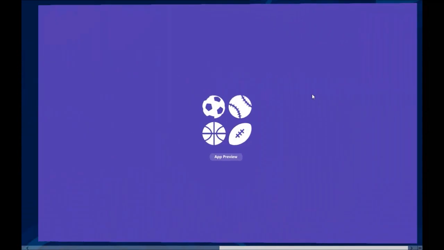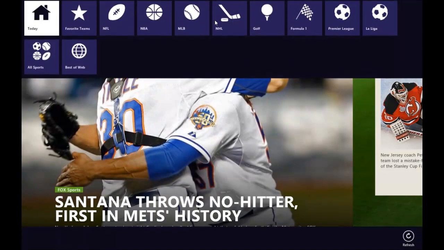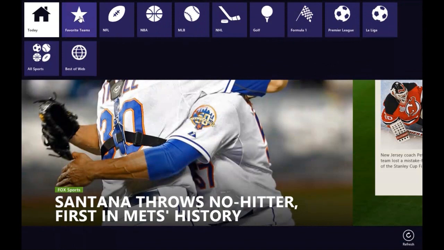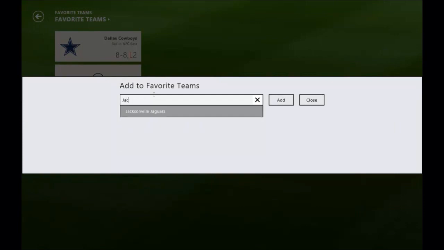The Sports app, very similar to the News one, also has some customizations available, and as you can see, you can list your favorite teams and choose the sport that you're a fan of. For instance, I've chosen the Dallas Cowboys, obviously, as my favorite team. It shows me what their record was last year. I can add other teams here. For instance, if I wanted to add my hometown Jacksonville Jaguars, I can add them and close,